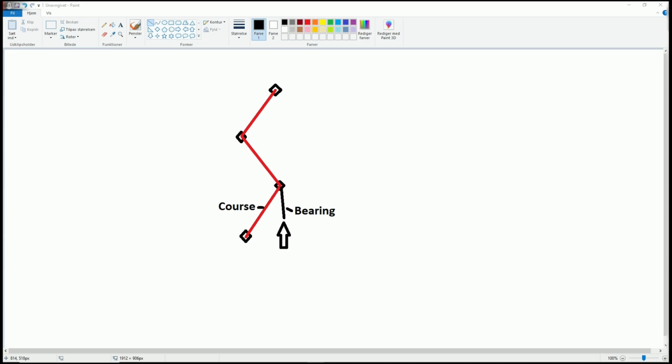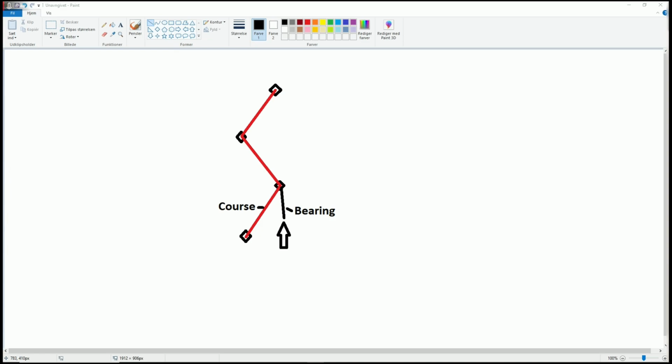So bearing is the shortest possible way, and the course needle shows me the way to the course and then along the course. Why would you fly the course and not directly to it? Well,